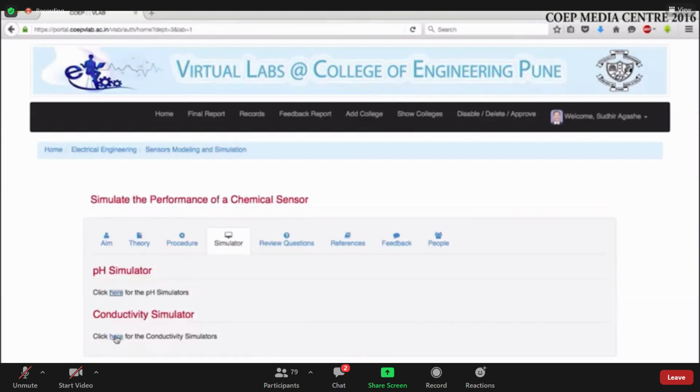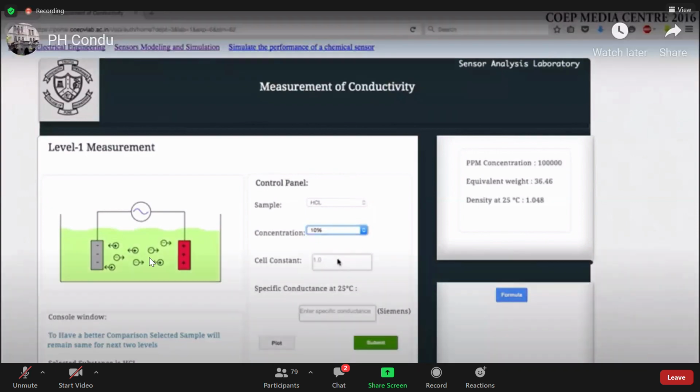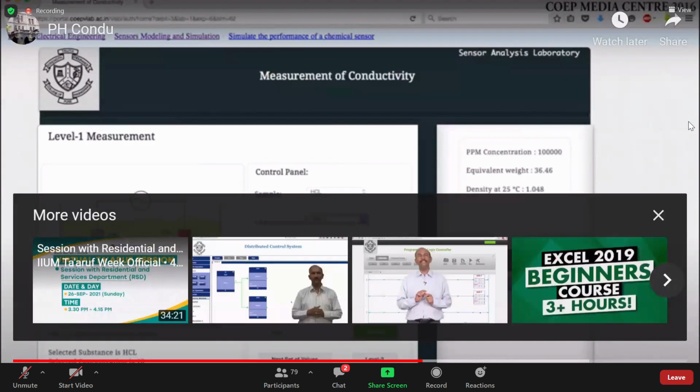Now you can go to the other experiment, which is called as conductivity. Now in case of a conductivity, there are 2 electrodes, positive and negative, and it is excited using an exciter AC voltage. Now select this experiment. For example, the sample is HCl and the concentration is 10%. The